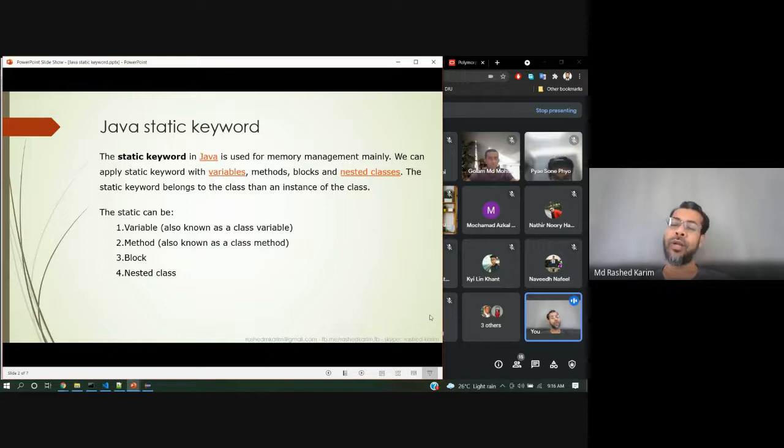When you want to declare this global property for each and every object, you have to declare static. Like I told you, the university name, every student has the same university name because the system is running in Al-Bukhari International University.